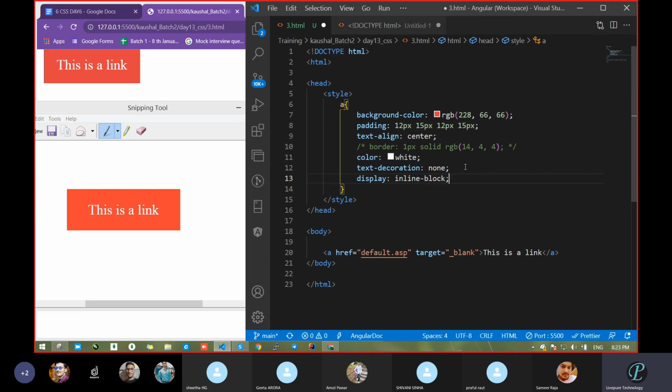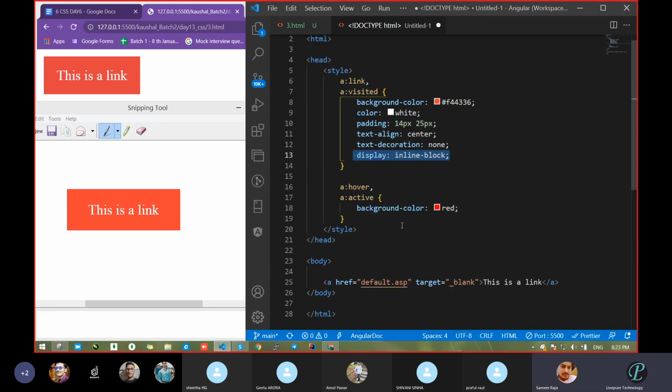Inline-block will come up later in CSS itself. I think we had not covered this part. So see, due to that inline-block, what happened? We got this top space there, correct or not? On the top there is no spacing, but due to this inline-block we got some space. Fine, this way it helped. And next, we had taken a different property: when we hover the mouse over it, it goes dark red, and it was light red. That looks like a minor change, but that's not an issue.